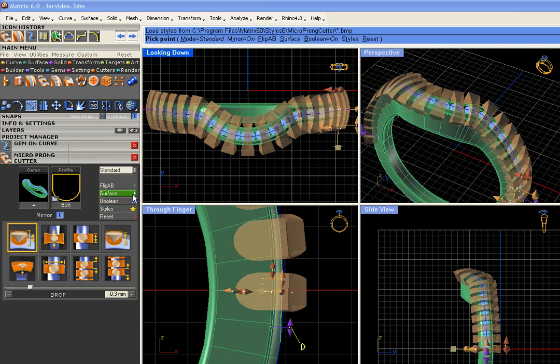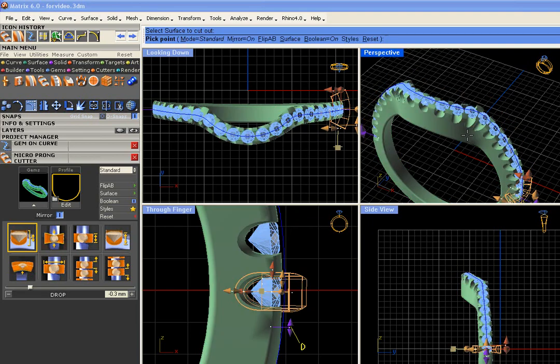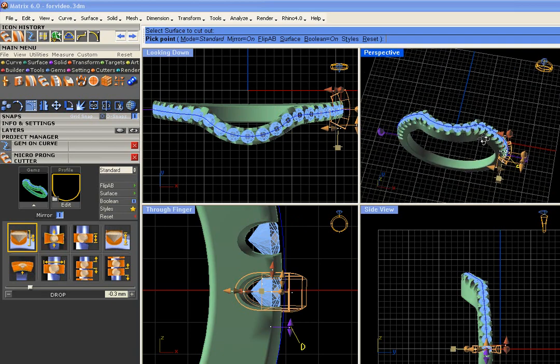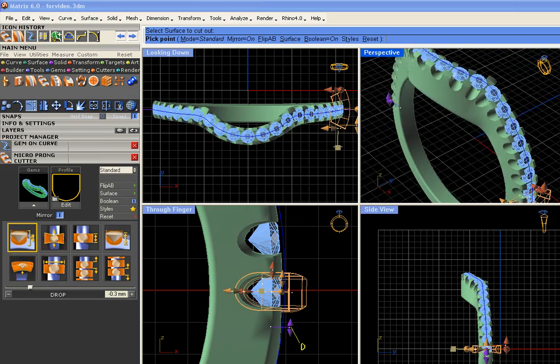So with Boolean turned on, grab the surface option and select that surface. And this one you really have to give some time. And so just sit back and wait. Don't try and click a lot of other things right now or else it might freak out and crash. Especially if you're making a movie. There we go. So once you're patient and give it a chance, you'll be able to see those micro prongs